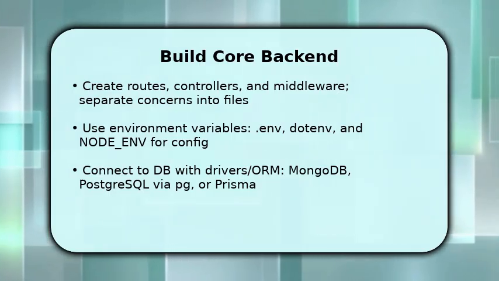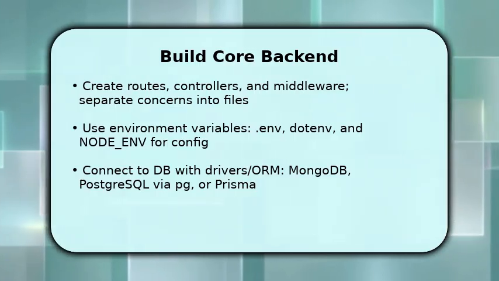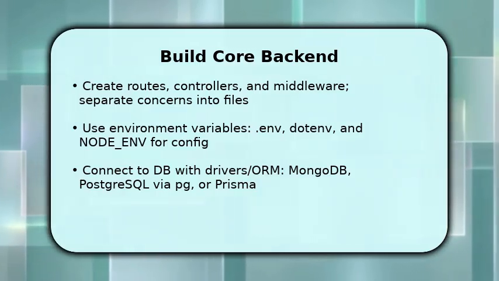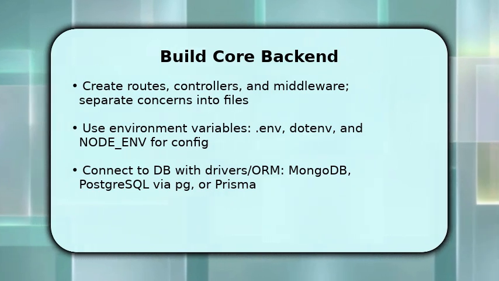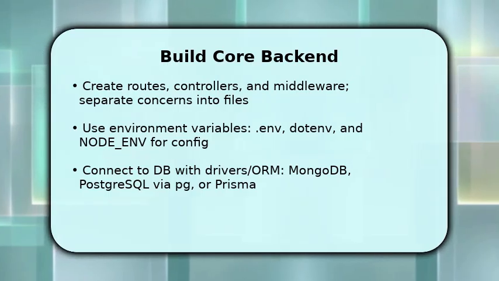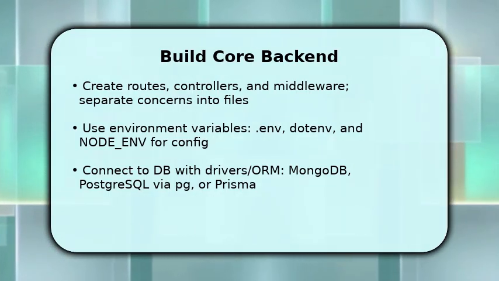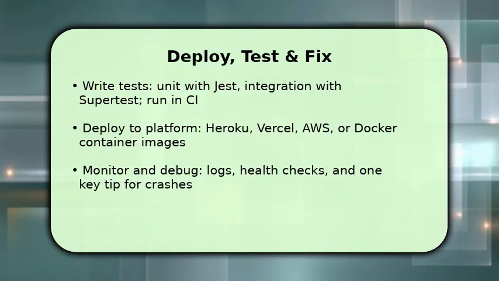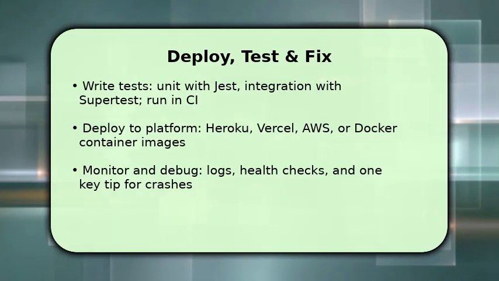Connect to your database using the appropriate driver or an ORM: MongoDB driver, pg for PostgreSQL, or Prisma for typed models. Once the data layer is wired, write async handlers with try/catch and centralize error responses to keep the API reliable. Finish by adding automated tests, unit tests with Jest and integration tests with Supertest, and wire them into CI